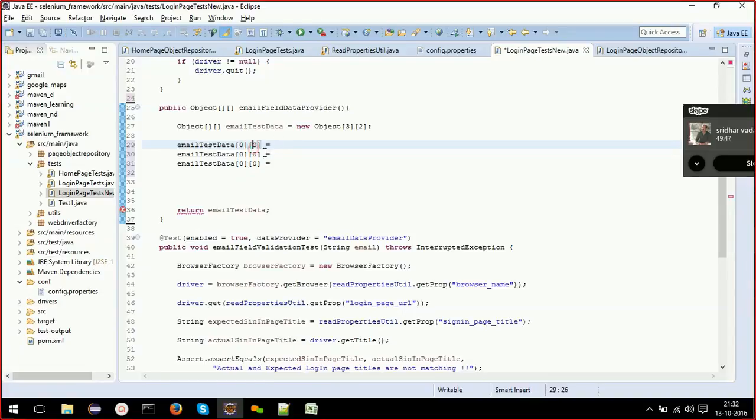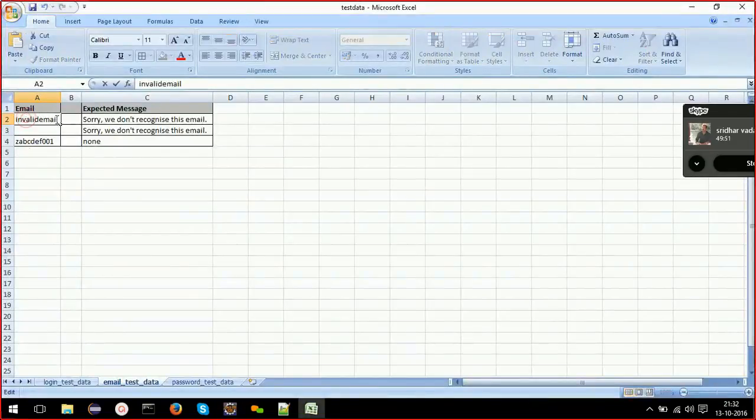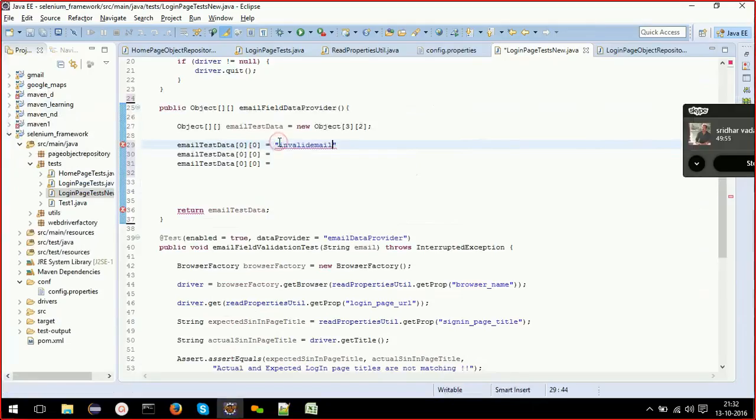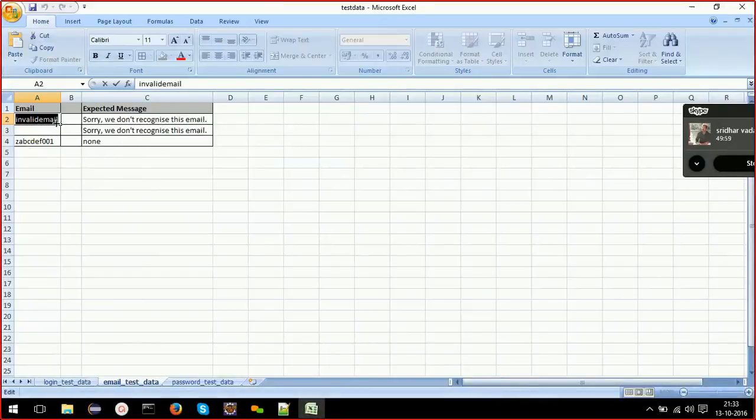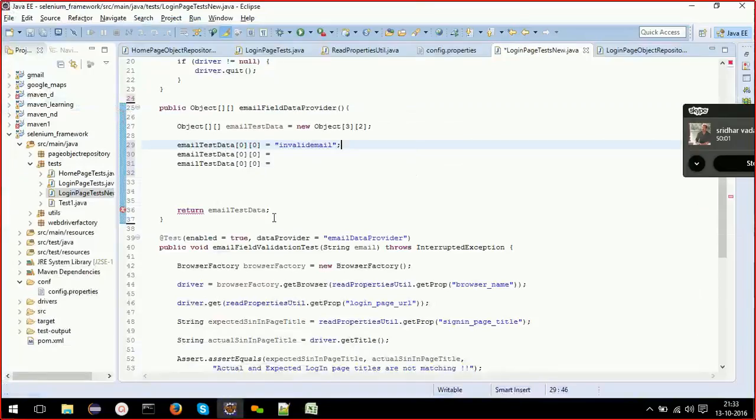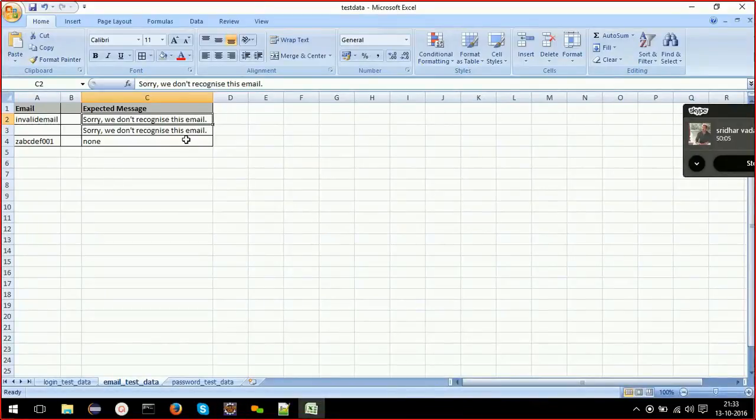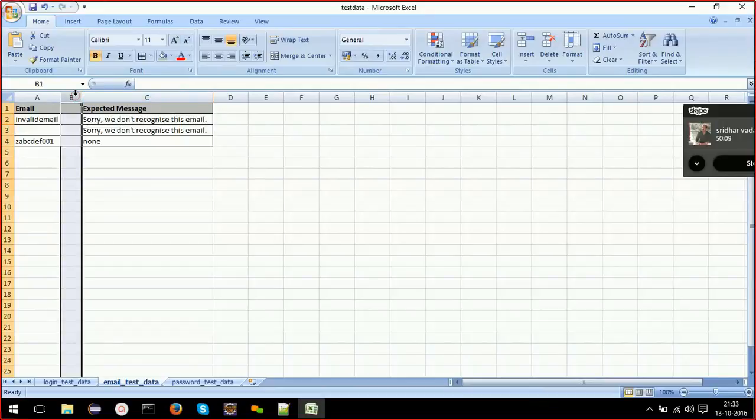Okay. Here I'll put this value. And row number 0, this will be 1. Okay. So there is a gap here, an empty line over here. I don't need all that stuff, right?